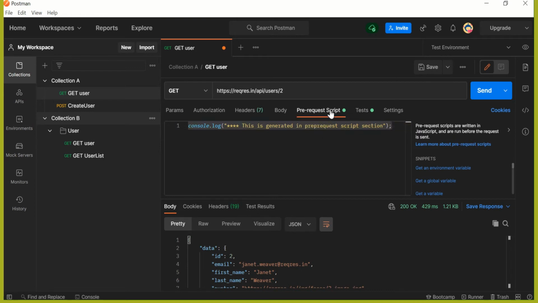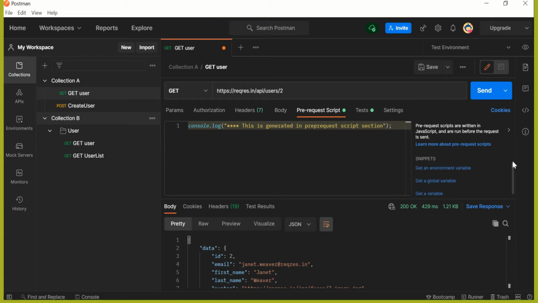Now let's go back to pre-request script, and you will notice one thing here, that on the right hand side panel I have a few links and this snippets section. These links take you to the documentation page of Postman, which gives you insights on pre-request scripting. Other than that, you also have various ready to use snippets available. If you are new to coding, or you are not that comfortable writing the whole code by yourself, these snippets come very handy.